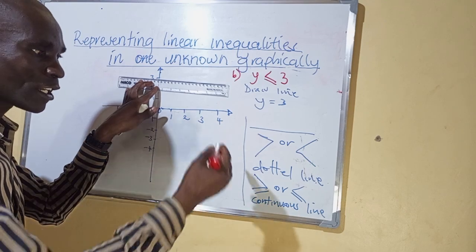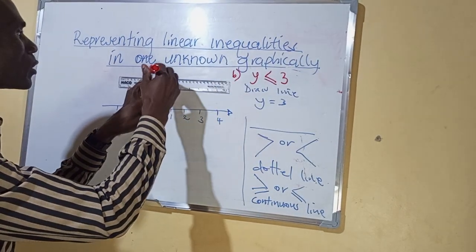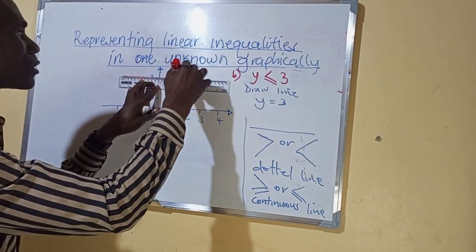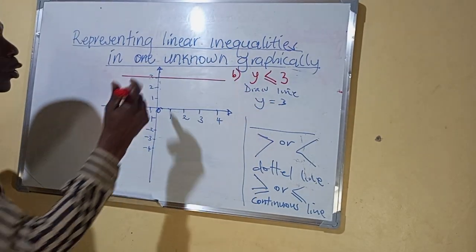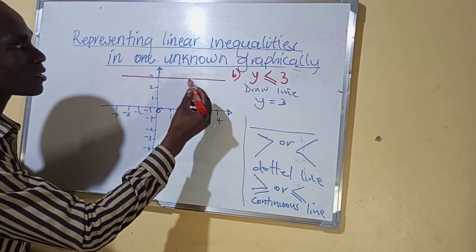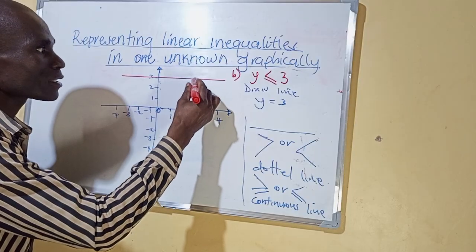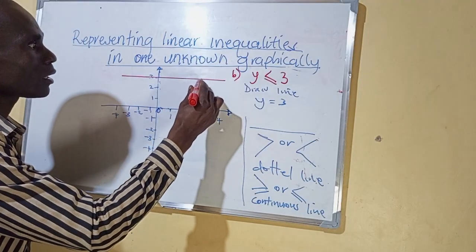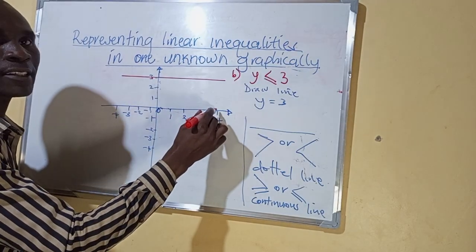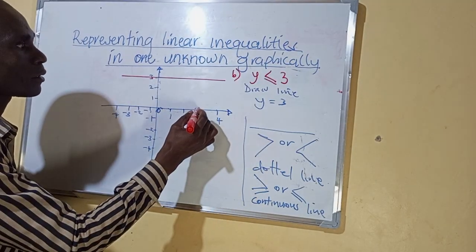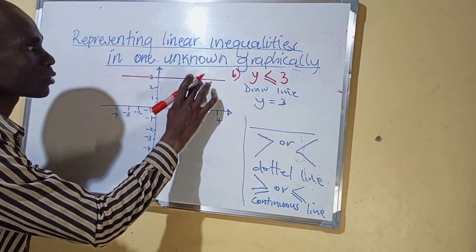greater than or equals to, or less than or equals to, you draw a continuous line. So here we shall have to draw a continuous line through 3, that way. So on this line, if we pick any coordinate on the line, you will realize that the value of y will be constant at 3 as the values of x change. If you pick, let's say, a coordinate here,